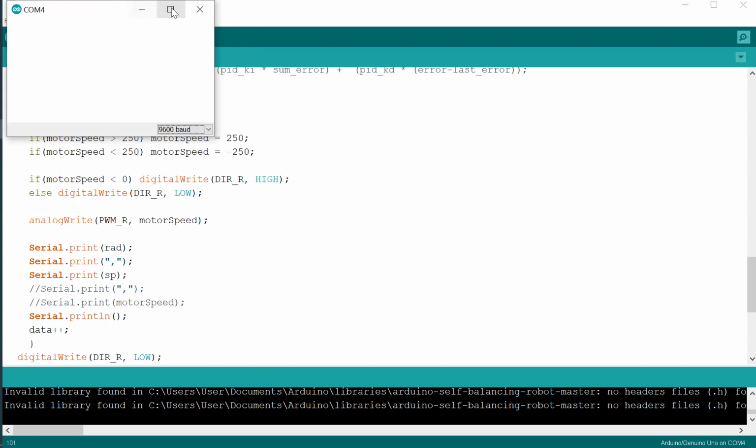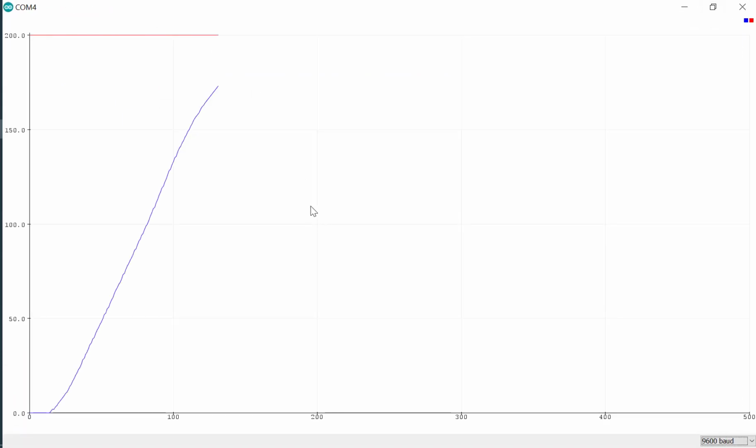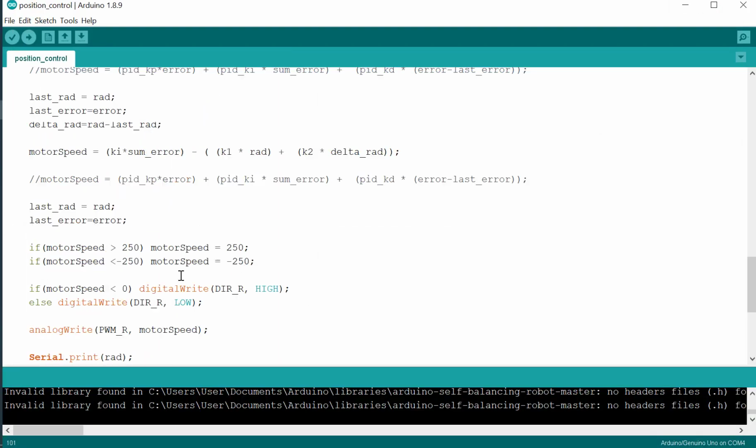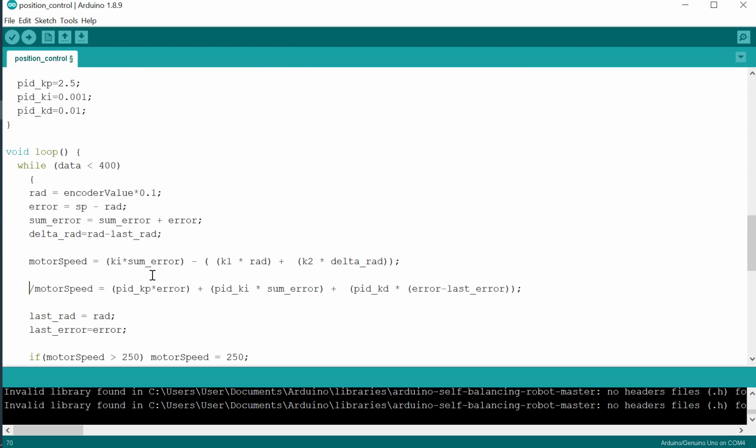So we can see the result running again here. Okay, after some experiments, perhaps you will get this, the best response for the angular position control of this motor. We will change to using the PID controller.